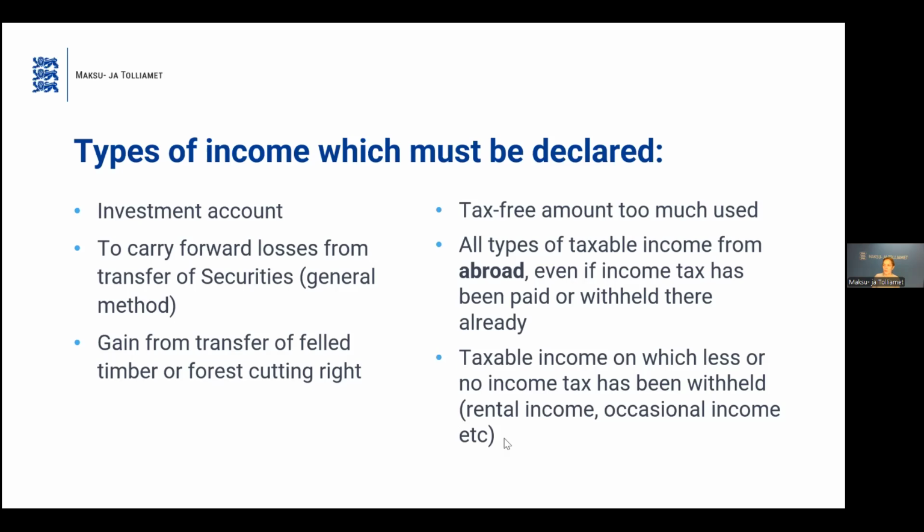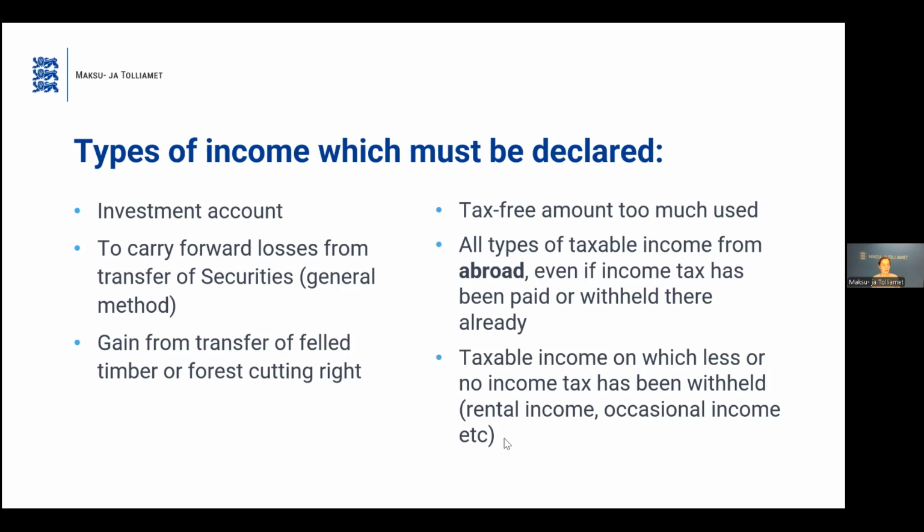As I said, all types of taxable income from abroad shall be declared, even if there is a method of exemption applicable for that kind of foreign income in Estonia. If you declare that tax-free income in the right place in the tax return, there will be no additional income tax to be paid in Estonia, but still it should be declared for information purposes.